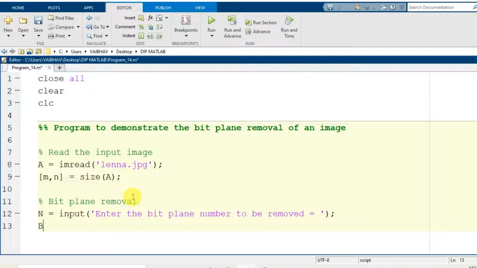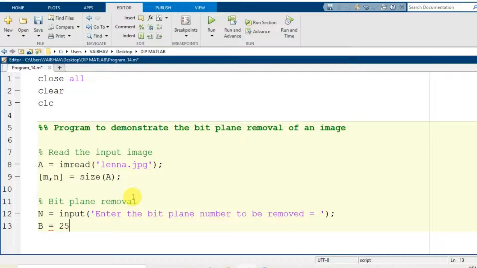So let us have the resultant image after bit plane removal be stored into the variable that I am going to generate, capital B first of all. We will process it and we'll change it later.